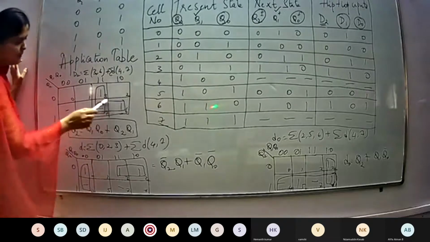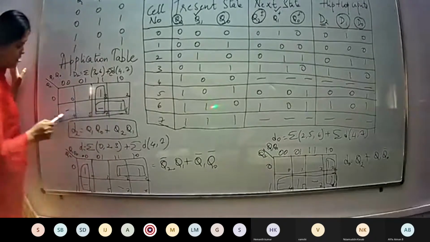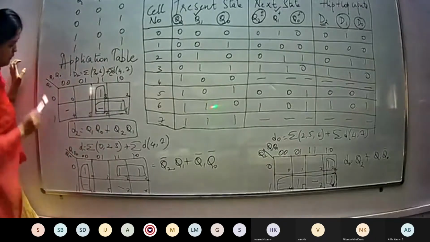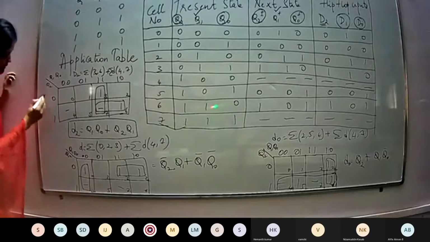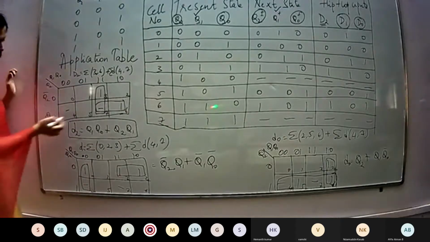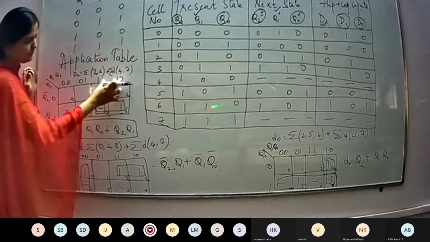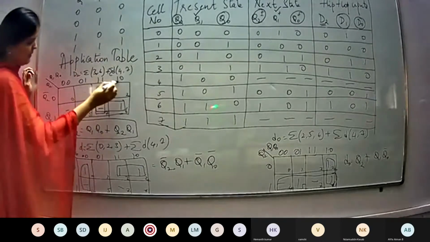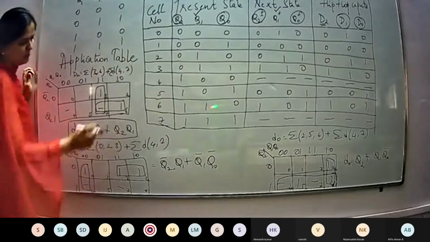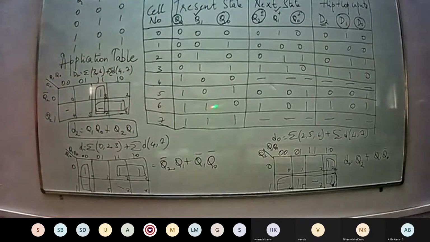Okay. So next one more group. Because 1 is here, so this becomes one more group. Corresponding row, it is Q2. Okay. This is Q2 bar. This is Q2. So I have written Q2 here. Okay. So corresponding column, which is not changing. Q1 is not changing. So I write Q2, Q1. Okay. So in the same way, you will be writing the K-map for D1.